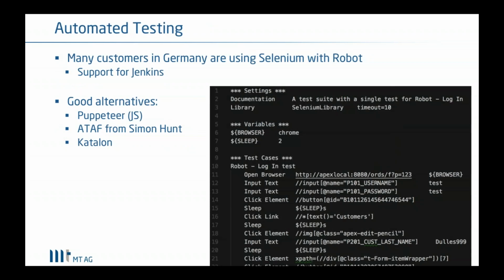So automated testing, this is something we actually look into today. It is also quite important, but it's more or less underrated. Each time we set up a project and do a calculation for a fixed price, nobody wants to pay for the testing. It's very much underrated, but it is actually quite important, especially in the long run, to get at least your unit tests in place, your business tests in place, and user acceptance tests in place.